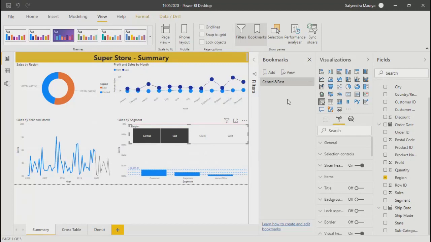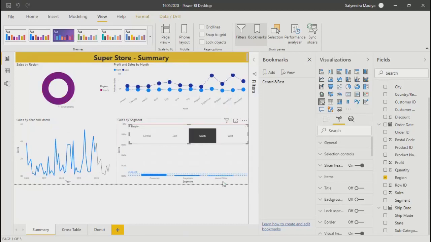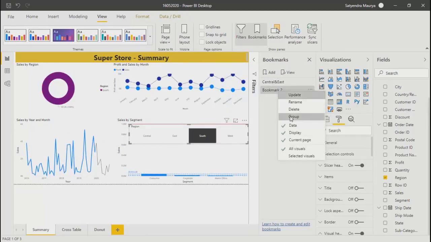I'll go ahead and remove it. You can add another. We'll call it South. Now let's publish this.